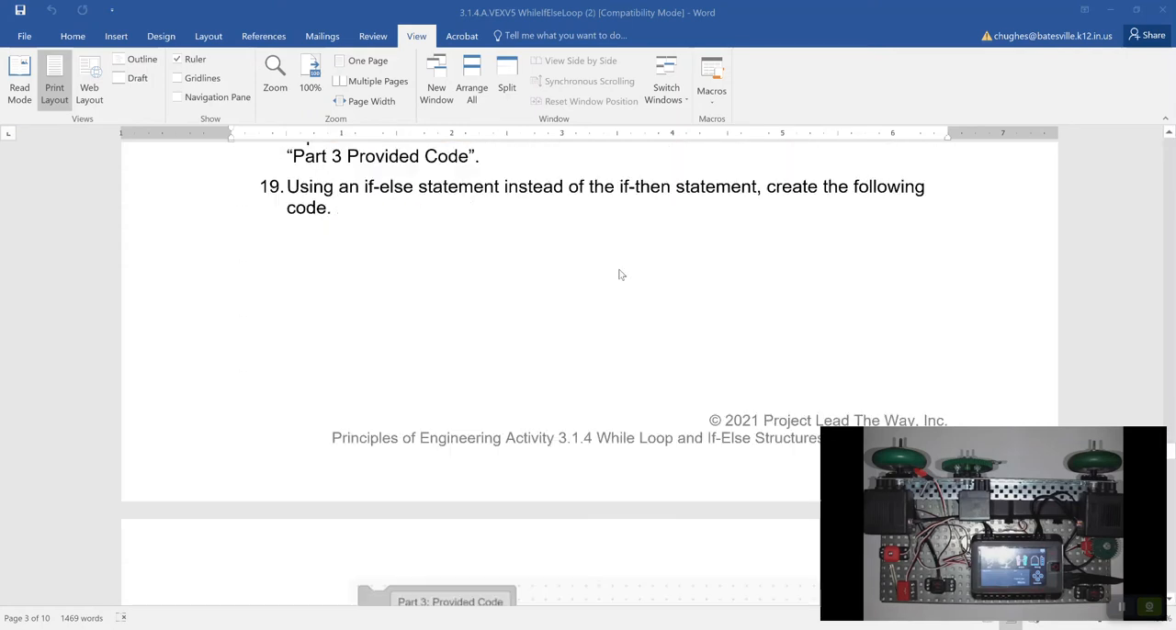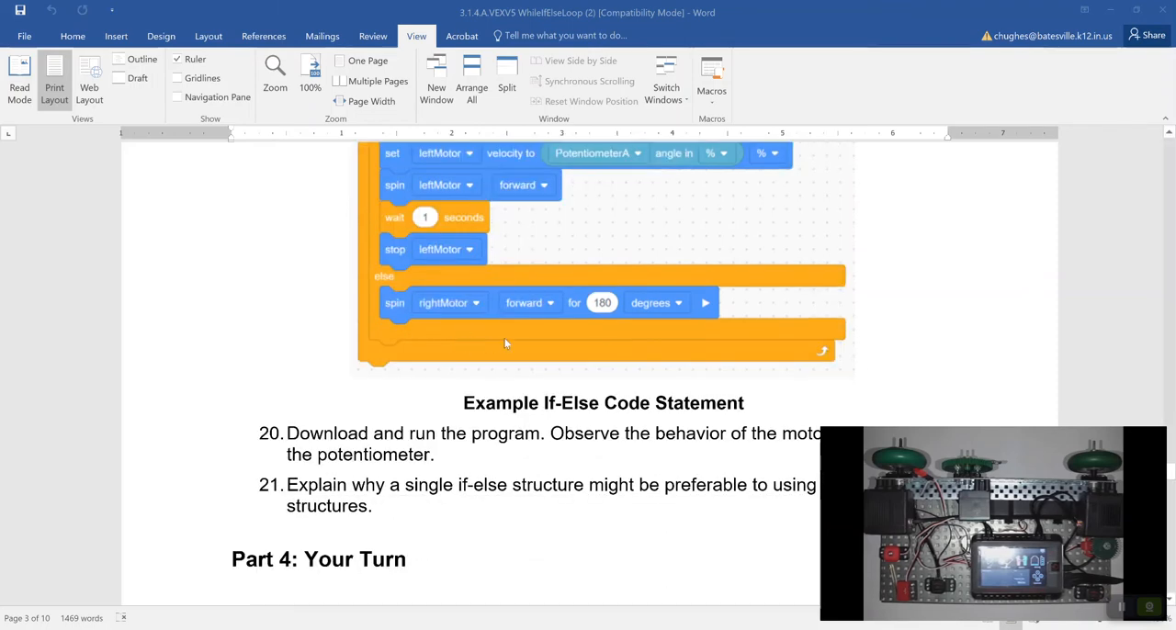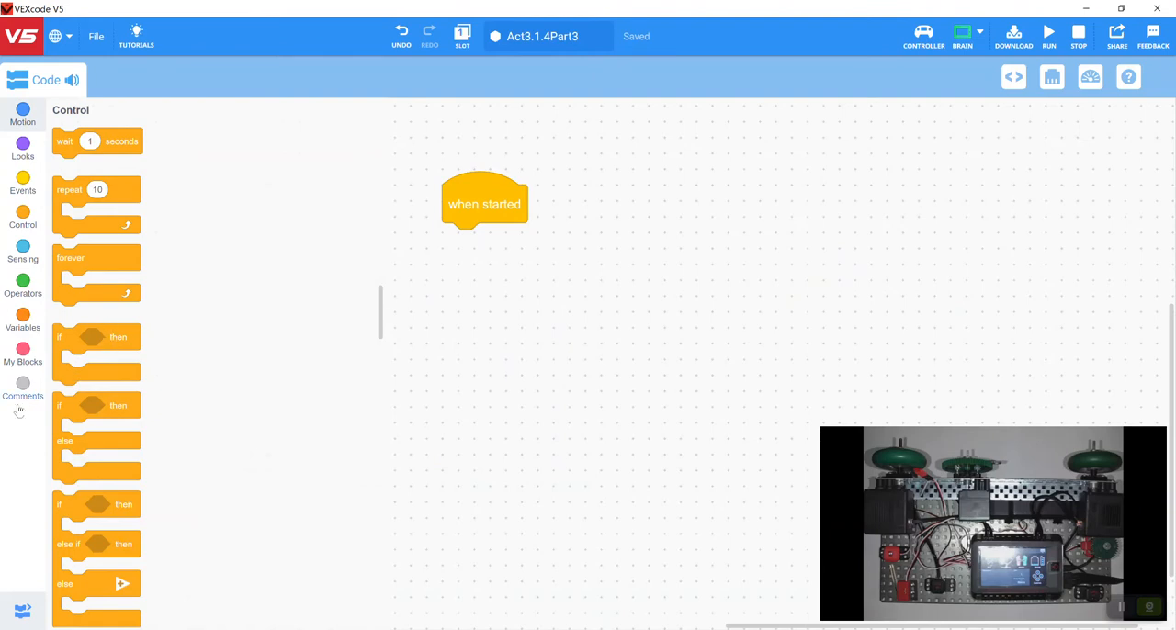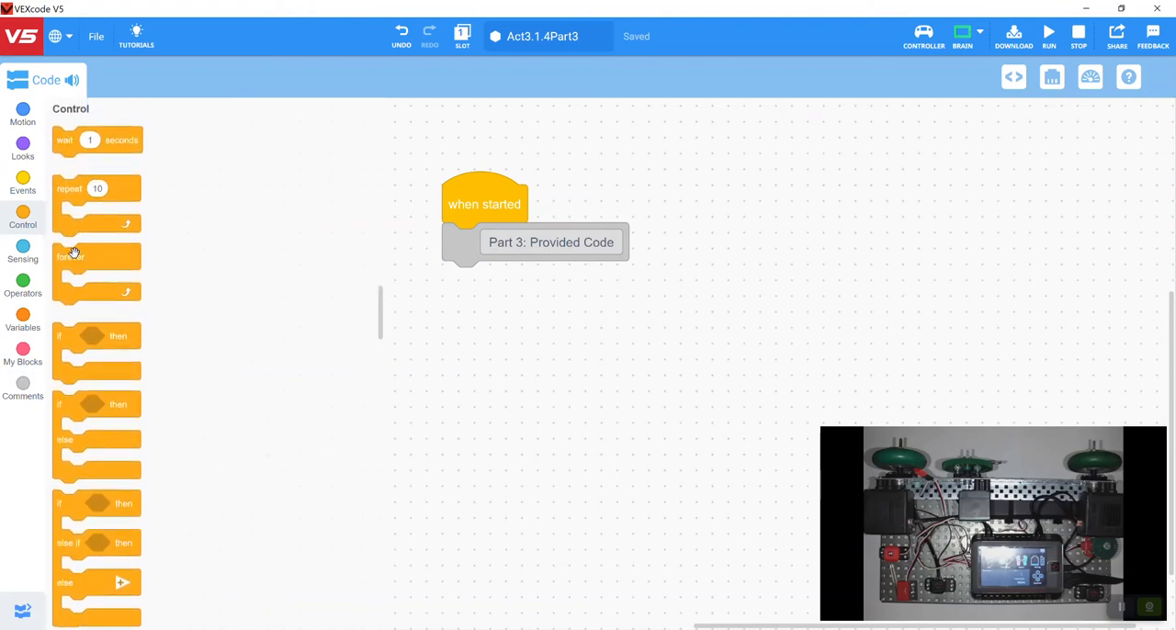Here we have provided code that we're going to see how it is built together, and see what the expected behavior should be from this program. Now we're going to move into VEX Code and build this program. A comment block will be the first thing that we grab, and we'll call this the part 3 provided code. Then we're going to grab a forever block for an infinite loop,